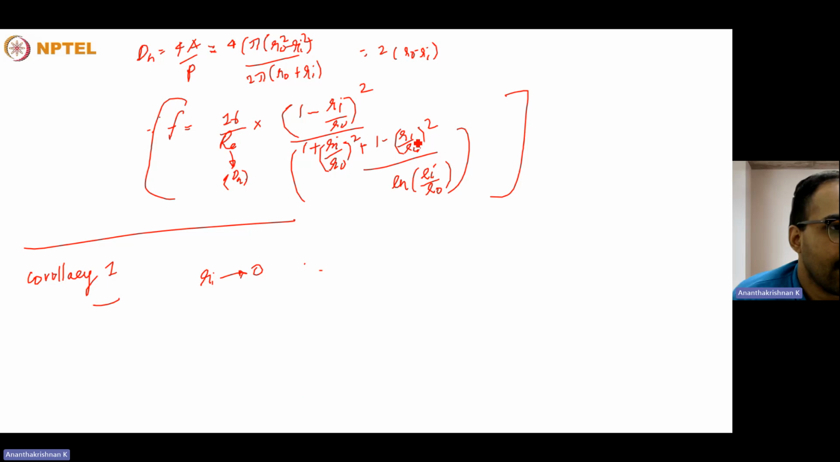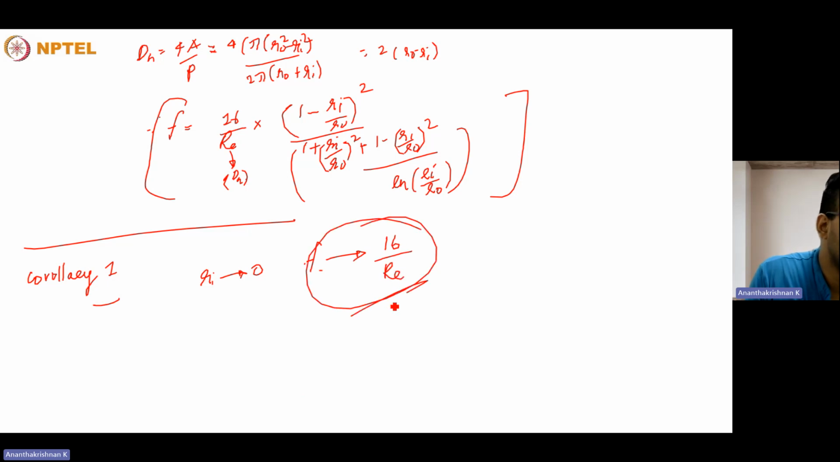So in that case, when Ri becomes equal to 0, the denominator becomes ln of 0, which is a negative minus infinity term. And then 1 by minus infinity will be equal to 0. So on the whole denominator only 1 remains. On the numerator also 1 remains, and the friction factor reduces to 16 by Reynolds number, which is the normal equation for finding the friction factor